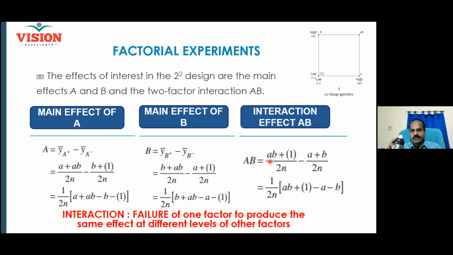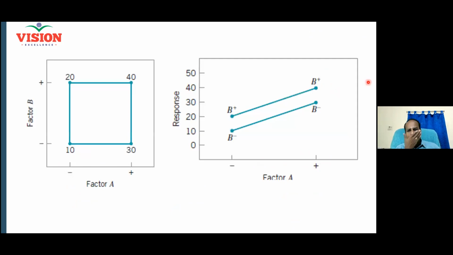Interaction effect AB means both are high and both are low. Very good. The other factor is both individually are high. Yeah, one is high, one is low. Correct, you are right. One is high, one is low. Very good. With the geometry, the understanding becomes easier. Take the diagonal and divide. Right. And now I have run 8 experiments.